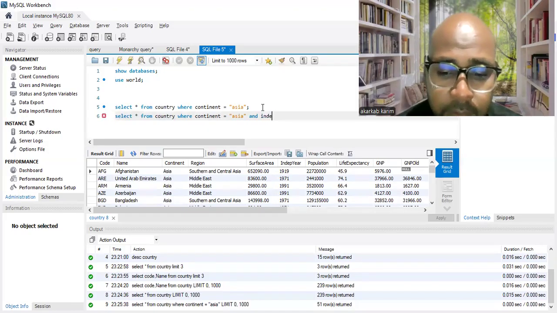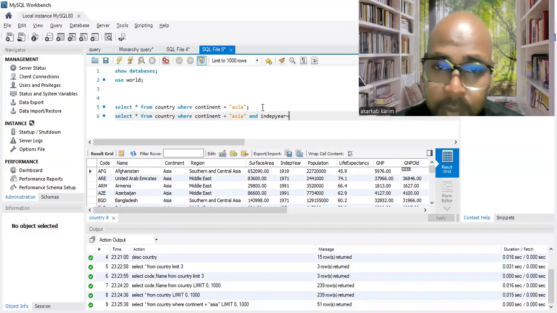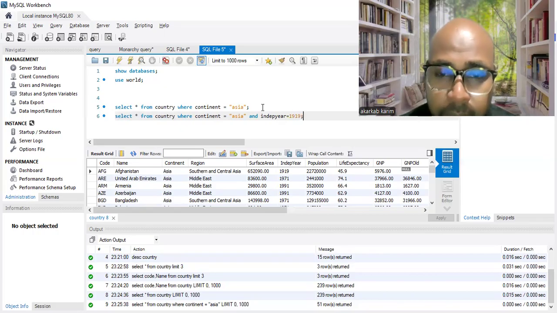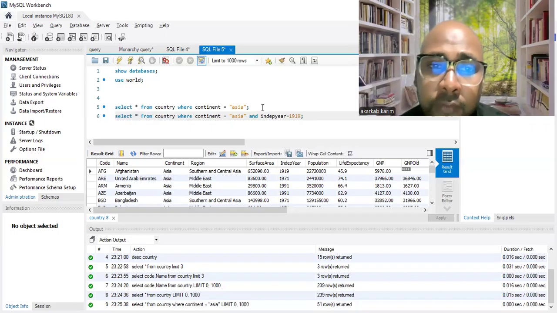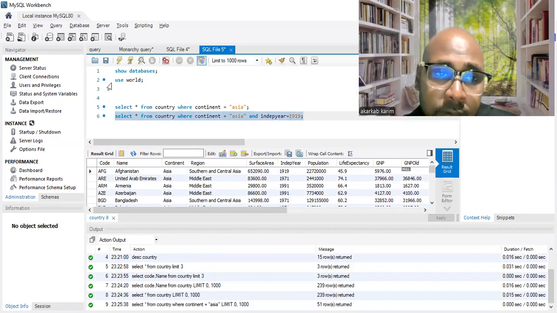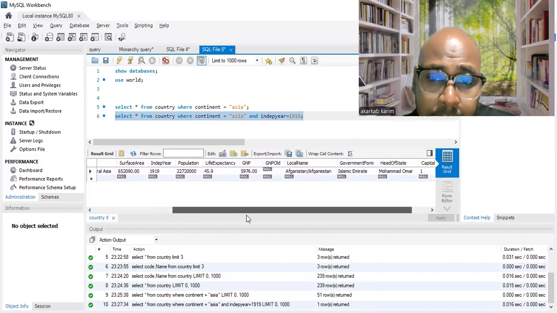So let's write AND independent year is equal to, for example, 1919. So we want to return just the countries that verify both conditions. We have continent Asia and we need the independent year equal to 1919. So let's run this query. We have just one country here, Afghanistan. Both.